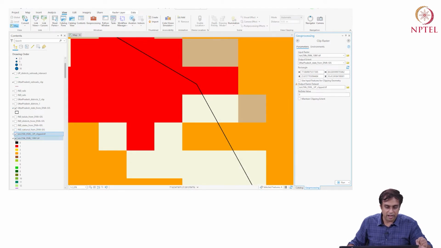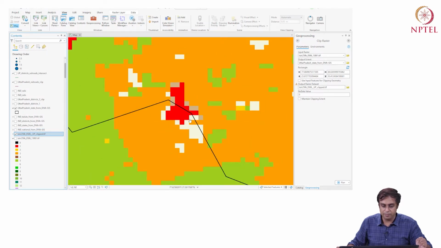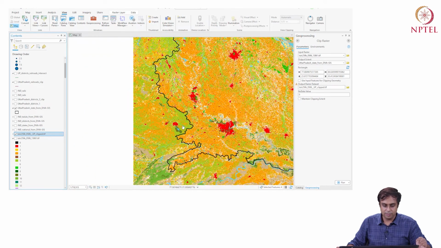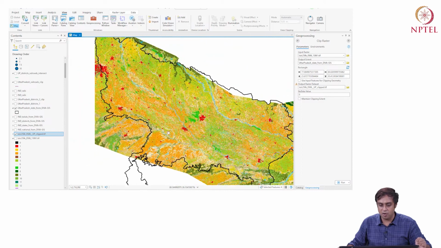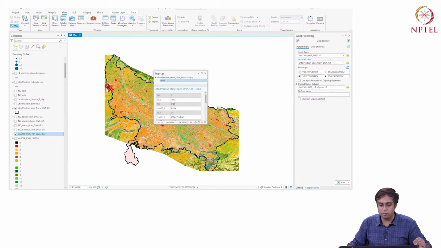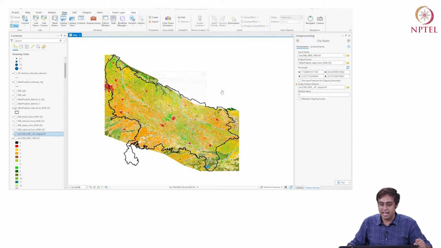Okay, so if I uncheck, I am going to have a clipped raster. So the clipping now has happened according to the rectangular extent. Okay, it didn't exactly happen according to the state.